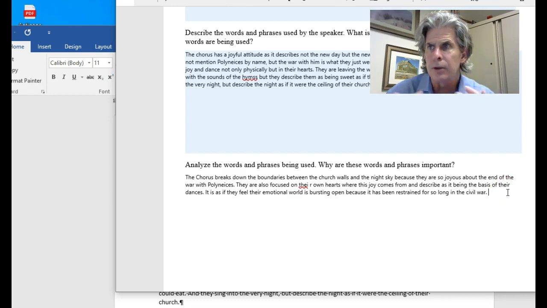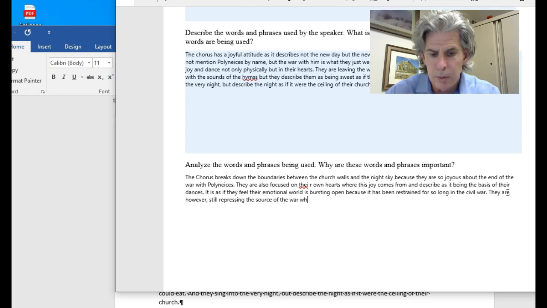But I just figured this out at the end of class, that they don't even mention Polynices here. Why is that important? They are still repressing things. They are, however, still repressing the source of the war, which was Polynices, the brother of Antigone. Because, I shouldn't use a comma there, but I don't care, they do not even mention